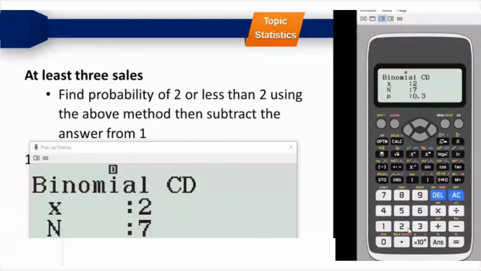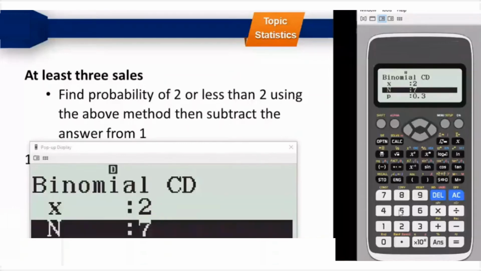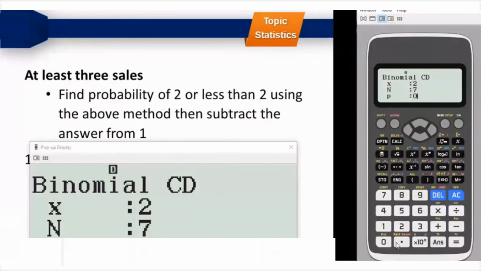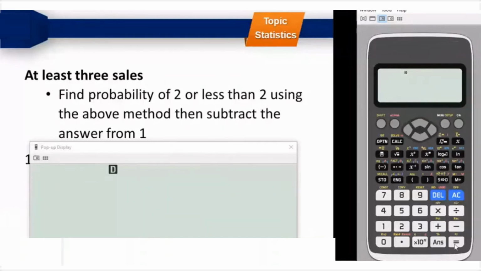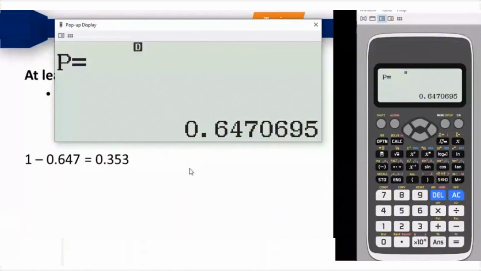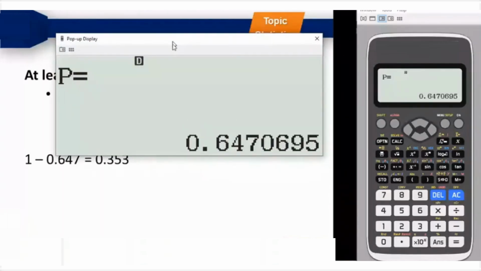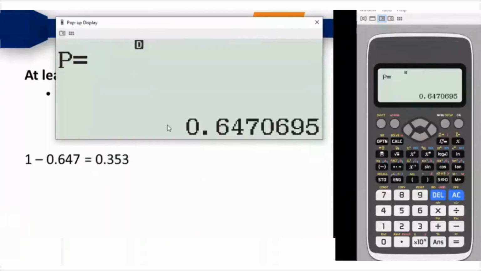So I will press equals. The fixed number of trials are still 7, and probability of favorable outcome is still 0.3. I will press equals. I got 0.6470695. So 0.647 correct to 3 decimal places is my probability of at most 2. When I deduct it from 1, 1 minus 0.647, I will get 0.353, and that will